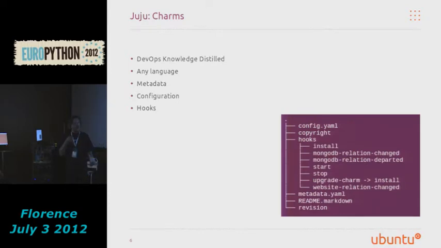There are then potentially a number of relation-related hooks that will fire when your deployed charm is related to other deployed charms. We have relation joined, relation changed, broken, and departed. And they all fire at lifecycle points during the relationship between two deployed services. We also have an upgrade hook and a few other hooks, which I won't go into now. But Juju knows how and when and at which points during the life cycle of a deployed charm to execute these hooks.